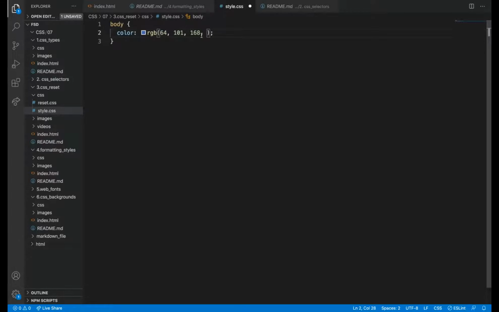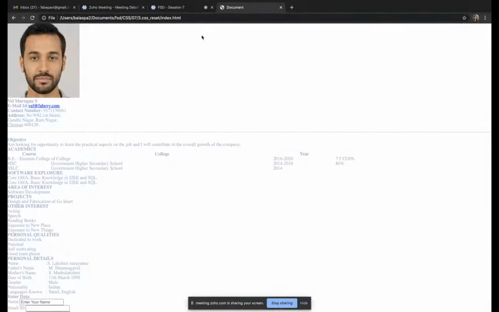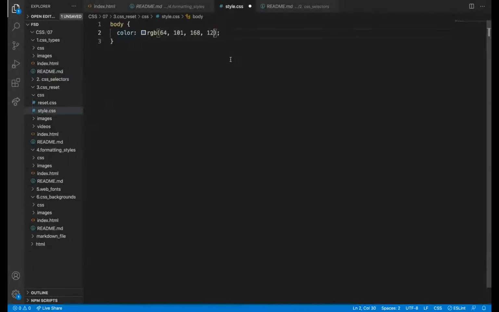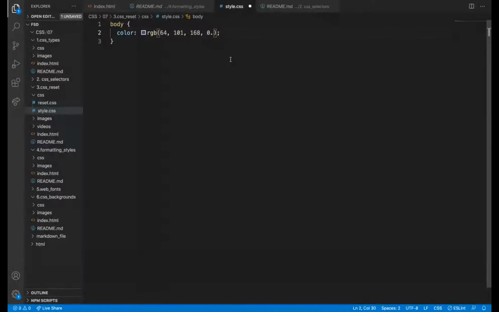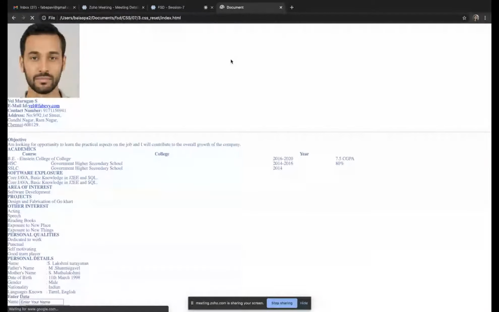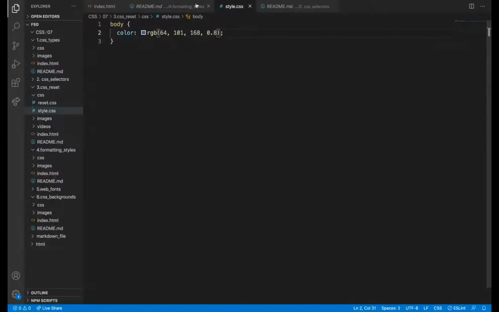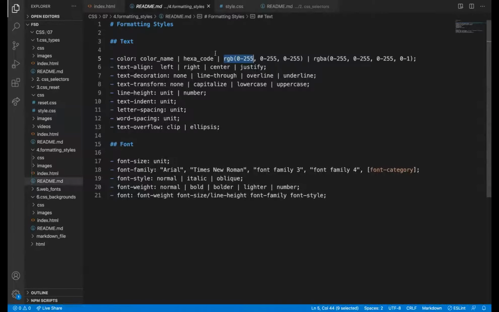So what is the alpha value? It is the transparency which is added to the text. So some transparency got added to the text, right? 1 is the maximum, meaning no transparency, and 0 is the minimum, fully transparent. Values between these will add transparency based on the value we give. 0.8 will add a little bit of transparency. So even in the color parameter, there are these many things.